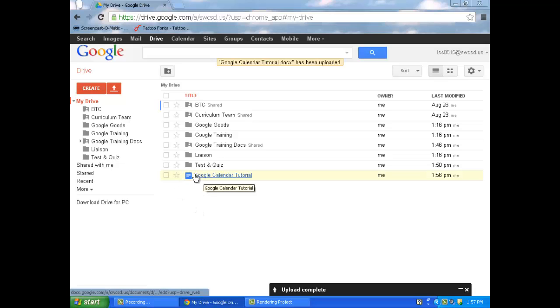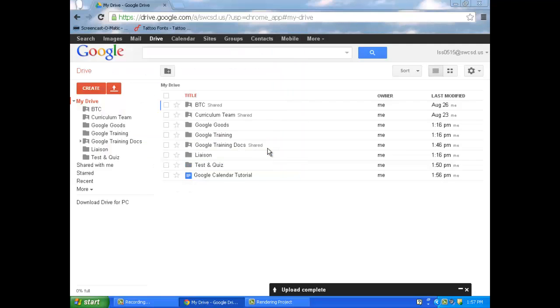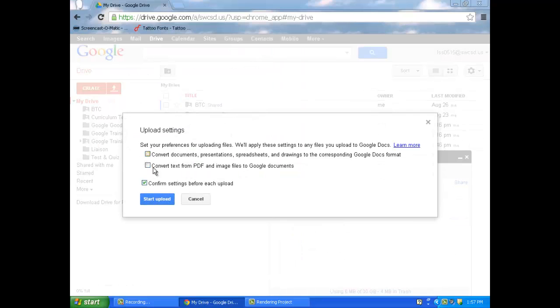I've converted that to a Google Doc. So some people may think, well, I don't want it to be a Google Doc. I want to keep it as a Word document for one reason or another. I don't like to keep mine as Word documents, for this reason. When I go back to Upload and go to Files, I'm going to go right back to that same thing. I'm going to open it, but this time I'm going to unselect Convert It. I'm just going to say Upload It. I don't want it as a PDF. I don't want it as a Google Doc, so I'm going to select nothing, and I'm going to hit Start